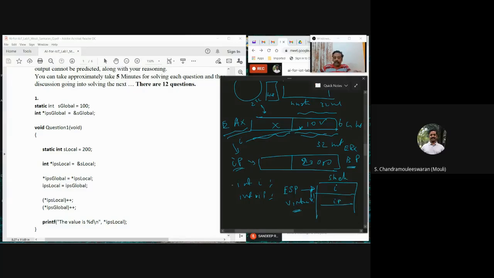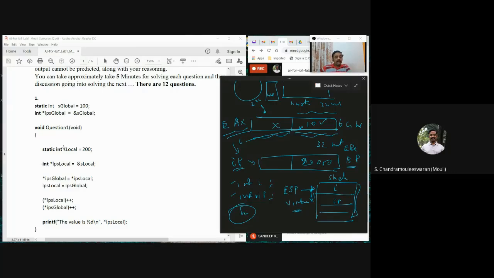So when I have a declaration like this, the compiler takes care of allocating different variables in the stack, and says that this is the stack frame which is going to be used by the function. So when this question1 function is entered, it allocates space for all the local variables. Since IP is a local variable, not because of the name, but because there is no static keyword, it will be in local memory.